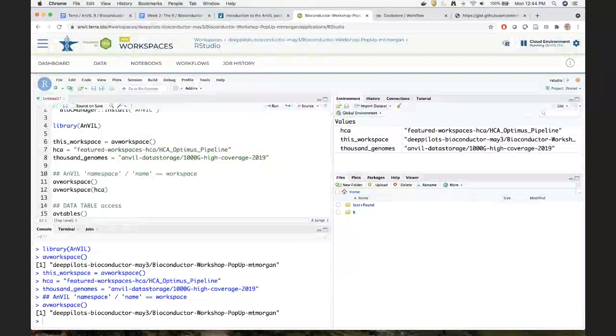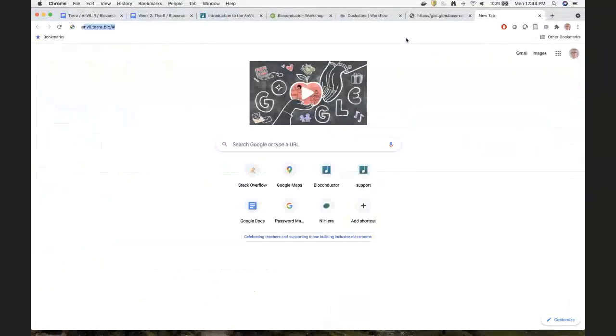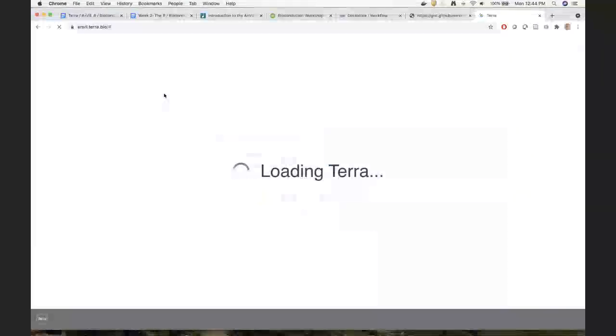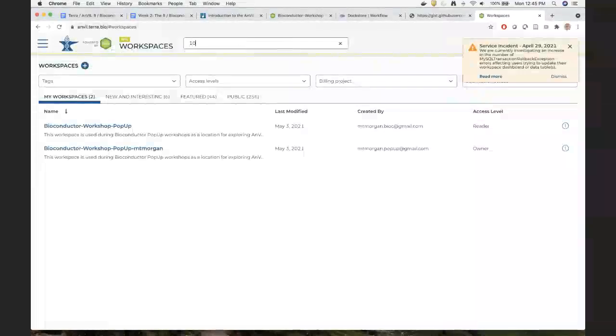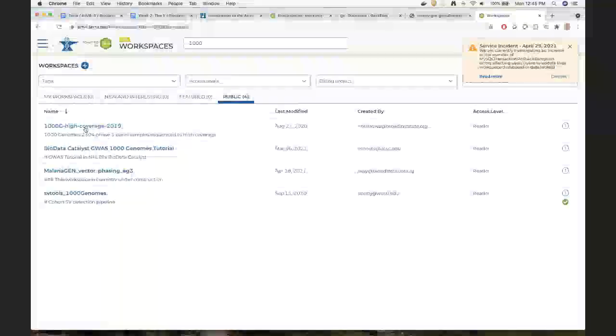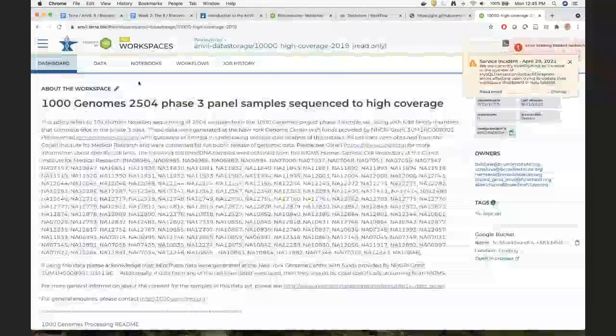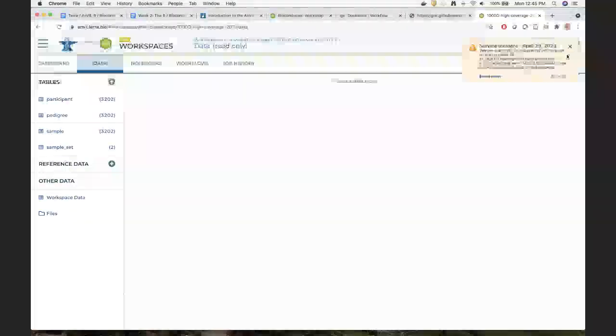I'm sorry, can you explain how we find the names of the workspaces, like how we would determine what they are? Yeah, so I'm going to go to, hopefully I'll be able to manage here. Under hamburger workspaces, I'll go and look at the 1,000 genomes. And I'll look under public workspaces, and this is the workspace that I was interested in. I'll just click here on the 1,000 genomes, and I'll look at data, and again, pay no attention to these warnings and errors,